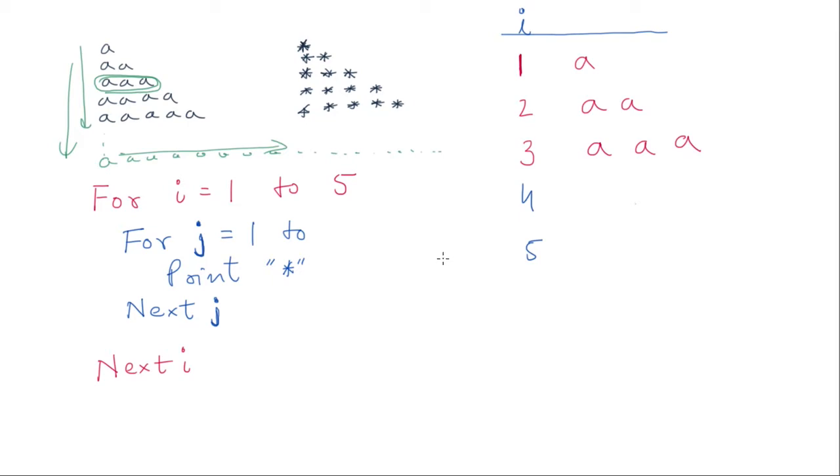So can somebody tell me what I am doing? In my head I have to say when I was 1, I want the J loop which is printing the star to run only once, right? Because I have one star or not. One second. Just don't speak if not asked. When I is 2, I want the J loop to run how many times? 2 times, so that 2 stars are printed. When I is 3, then I want the J loop to run how many times? 3 times. Get the point?